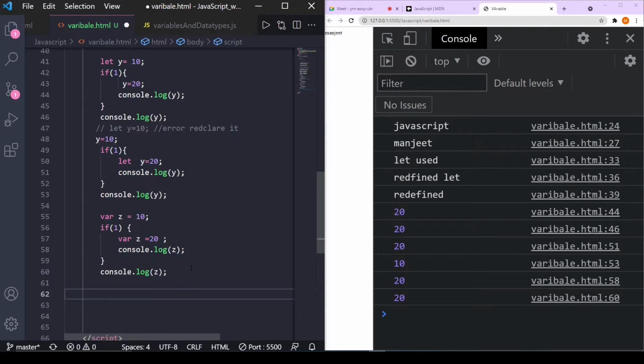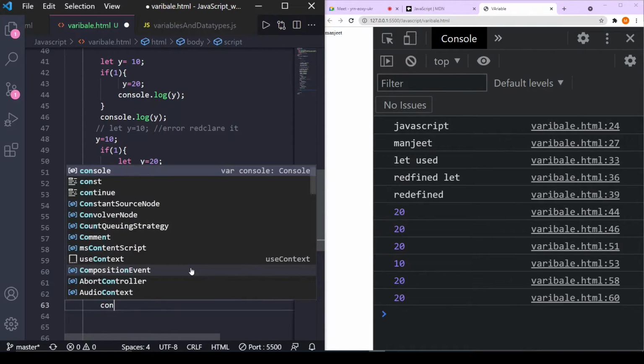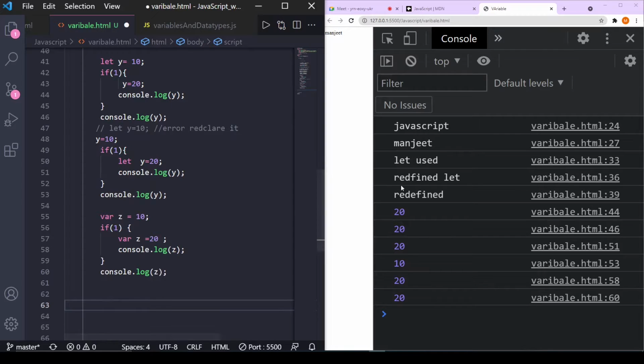So now we will see more about it. Also, one thing: the console is our best friend while we are using JavaScript, because if we make any error, it will directly show it. It will not hide anything. If we redeclare a constant, it will directly show the error.